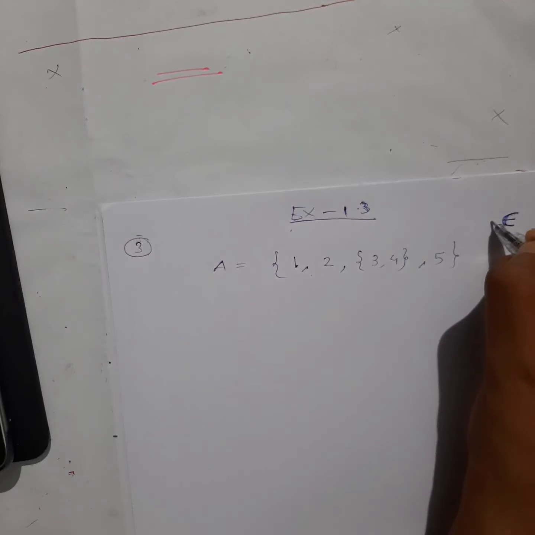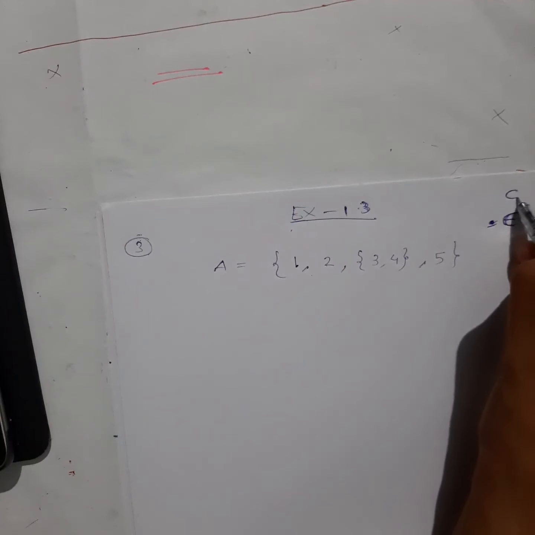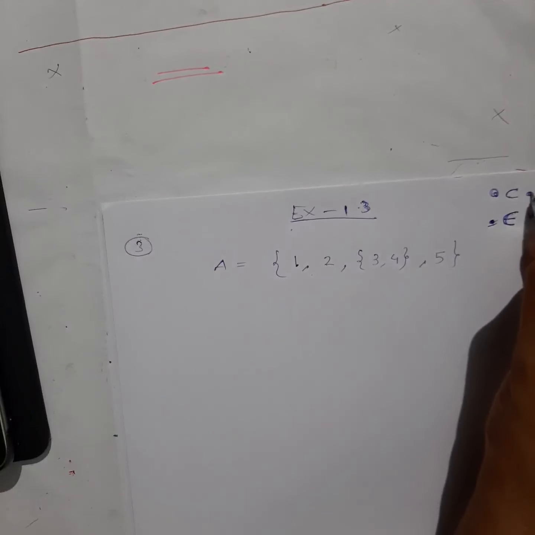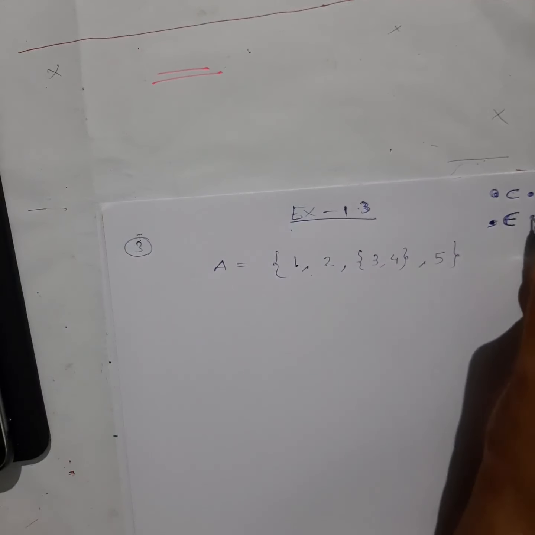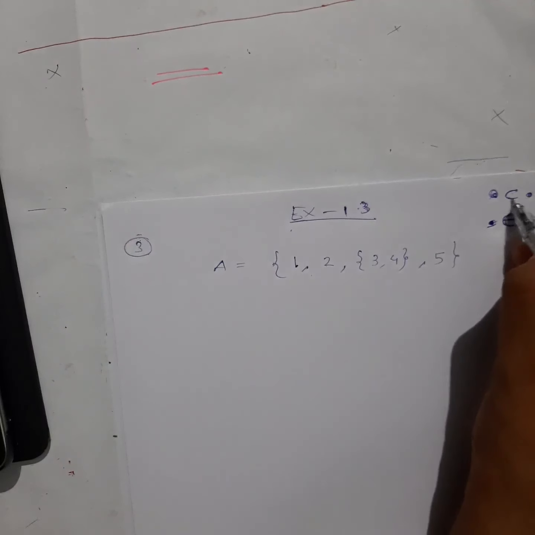Now you have already studied the meaning of this symbol, belongs. When we write belongs, the previous value whatever you write here will be an element of the set. And this is what? Subset. The meaning is subset here, right? Now what is this? Before this, whatever you have will be a set, and this also will be a set. Don't get confused between these two symbols. This will be an element of this one, this will be a subset. This itself also will be a set here, smaller than this one, and all the elements of this one will be contained here. That was the definition of subset.